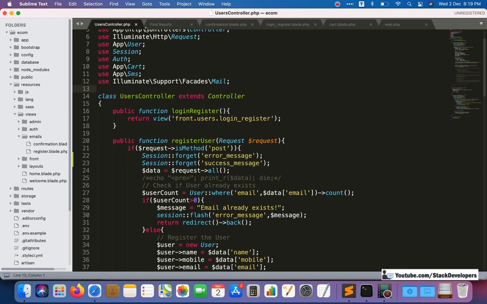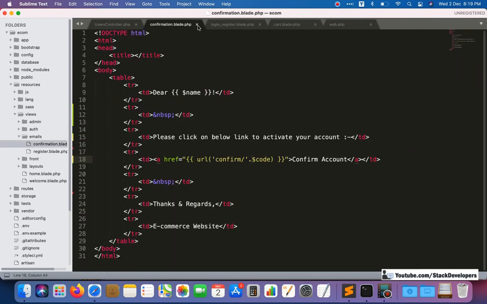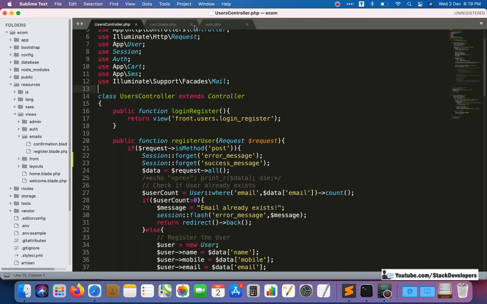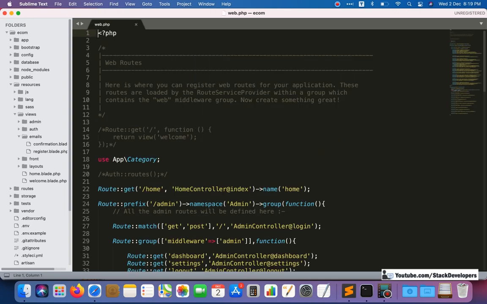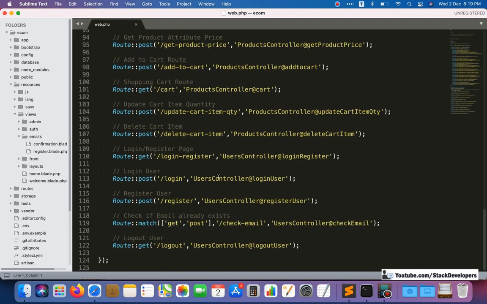Okay, so I can remove the unwanted files here. Confirmation blade file, login, register, cart, web. Yeah, web is required. No issue, we can open the web.php file once again, and now we are going to create the route for confirming the user account. So we can do it at last. Confirm